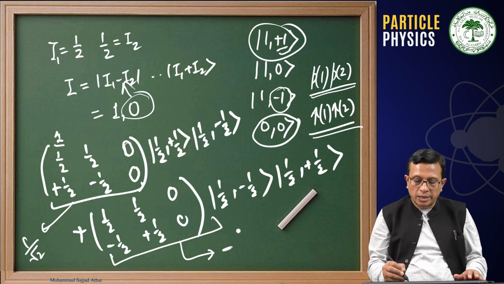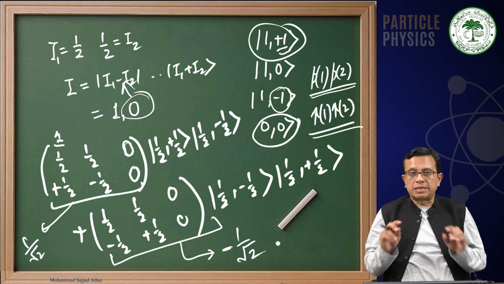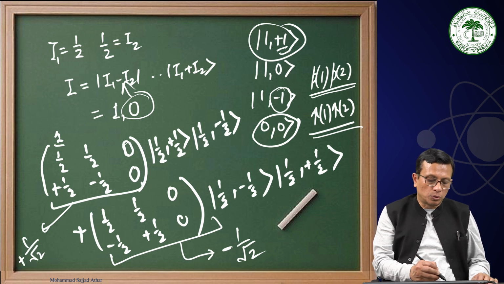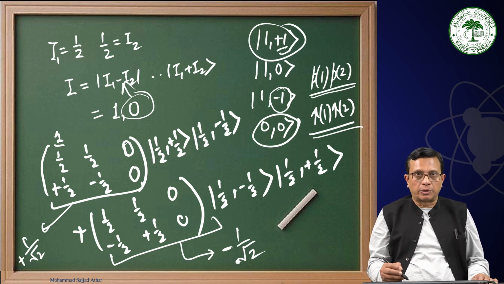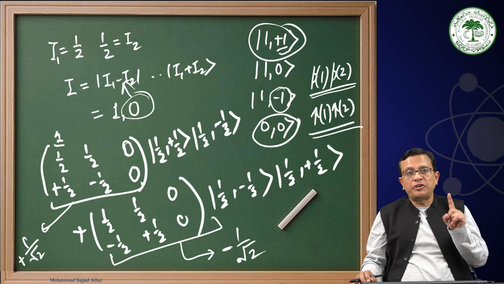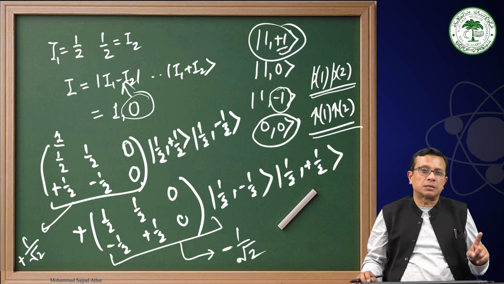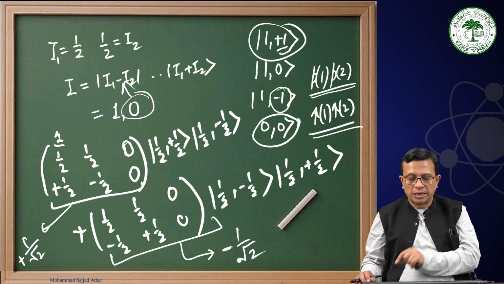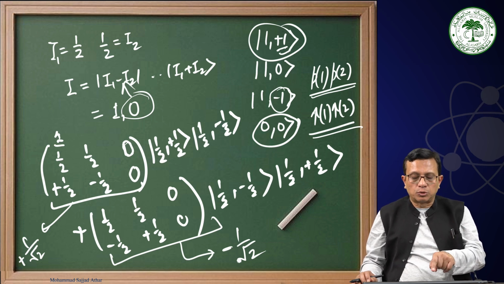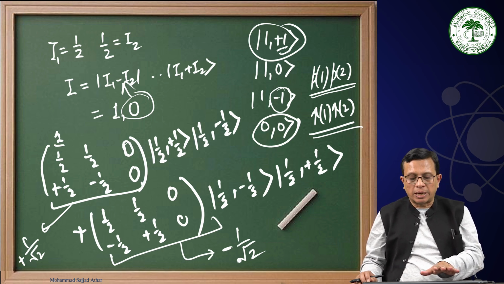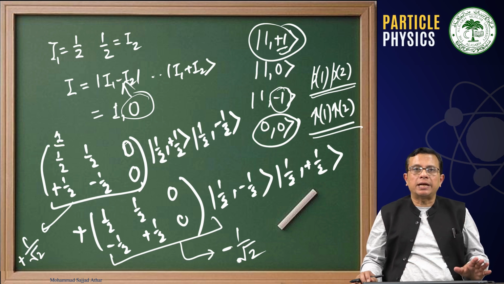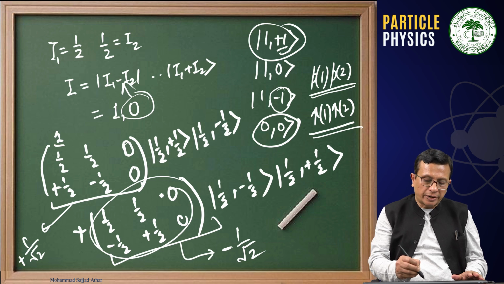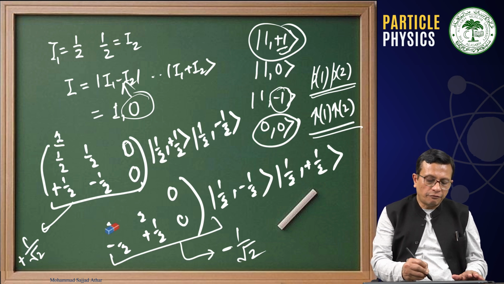this Clebsch-Gordon is minus 1 by root 2. See here, what I am telling you, that this is plus 1 by root 2 and this is minus 1 by root 2. These Clebsch-Gordon coefficients are real numbers, but they contain either positive sign or negative sign, and this is plus 1 by root 2 for the first case, and for the second Clebsch-Gordon coefficient, this is minus half. Therefore, we can write it as 1 by root 2